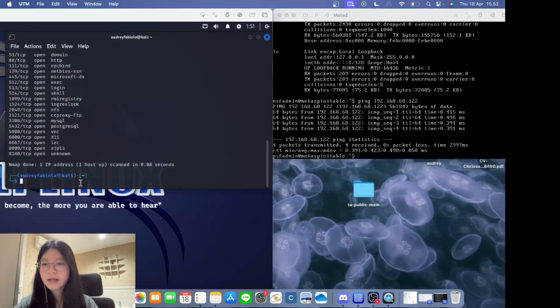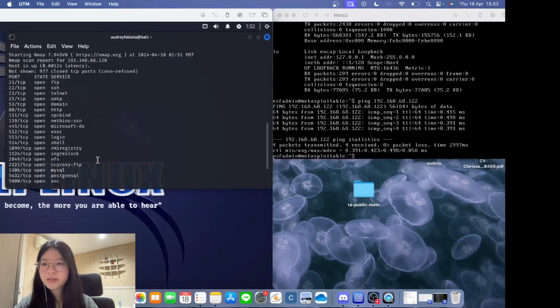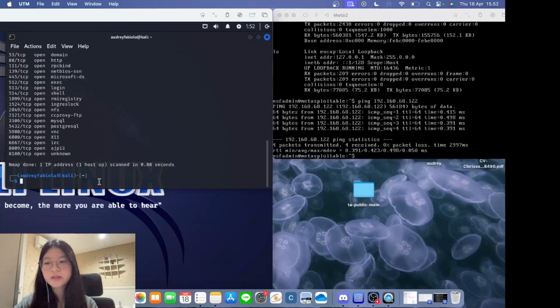And then click enter, and you can see here that the Java RMI, or RMI registry service, is running on port 1099, and you can see here that it is open in our case. So now with Nmap Script Engine, or NSE, you can also verify the same vulnerability by typing the command